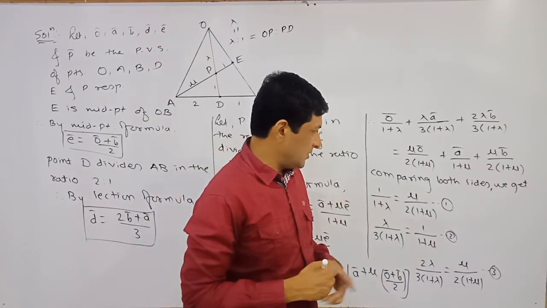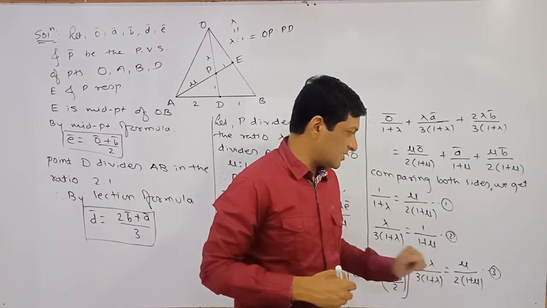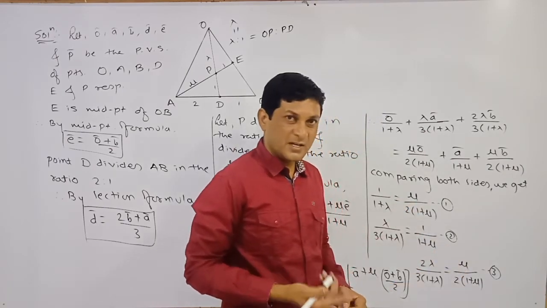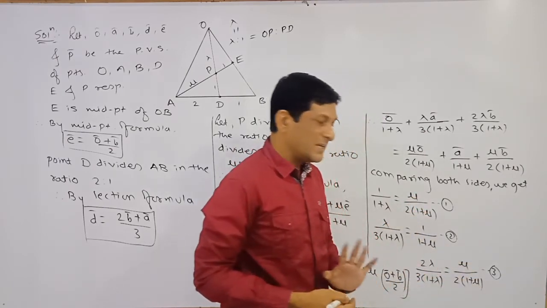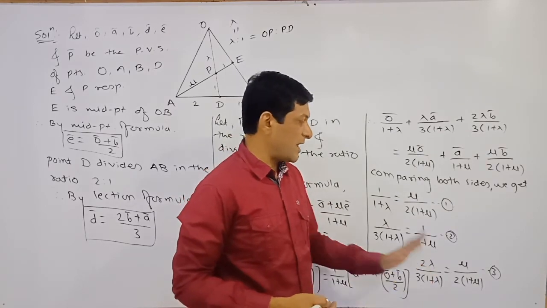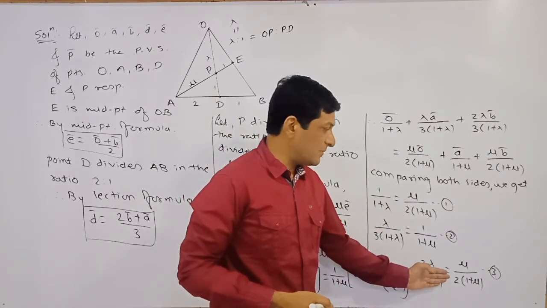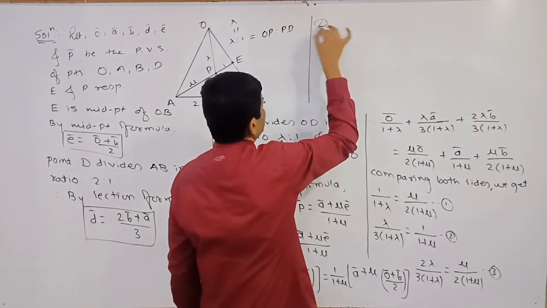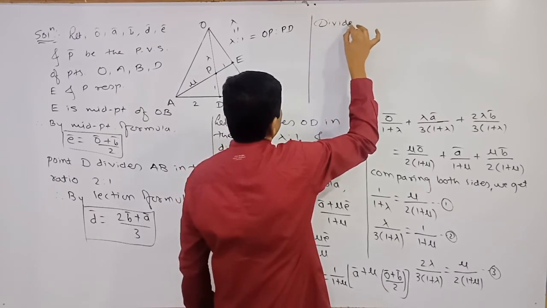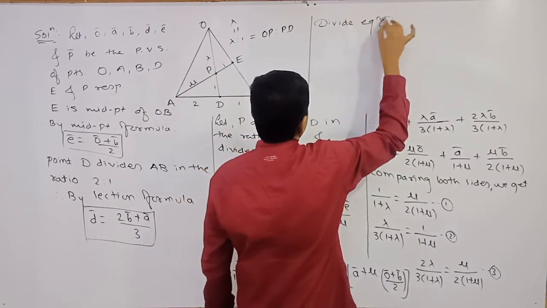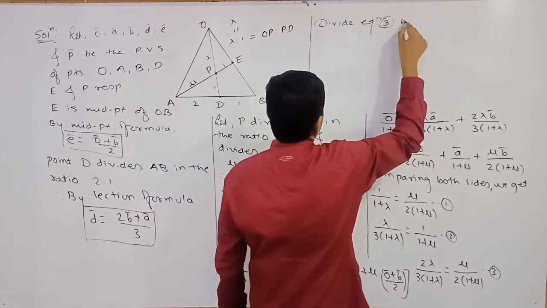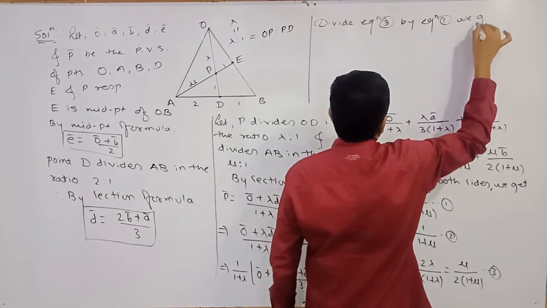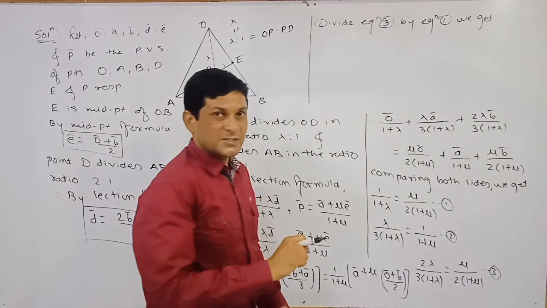Now to cancel mu, if you observe equation first and what? Third. If we are taking their division, check whether these right hand sides are exactly same. Yes, if we are taking division, so these terms of mu will get what? Cancelled, and we are able to find out value of what? Lambda. So I am dividing equation number 3 by equation number first. Let us see what we will get here. So divide equation 3 by equation first, we get.